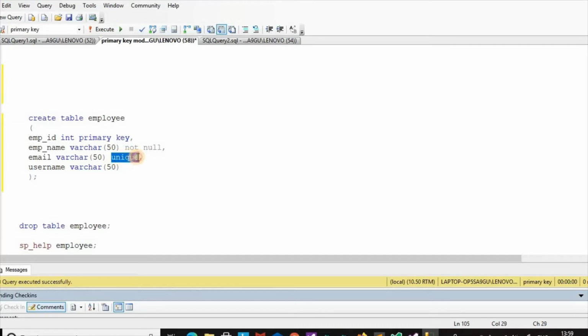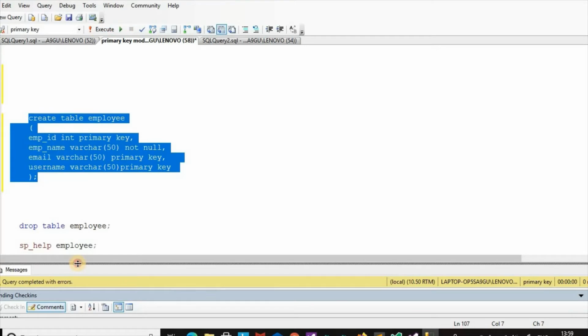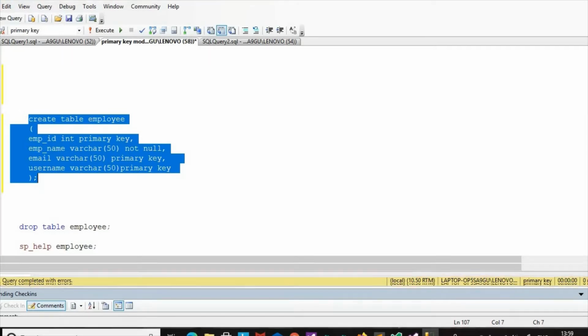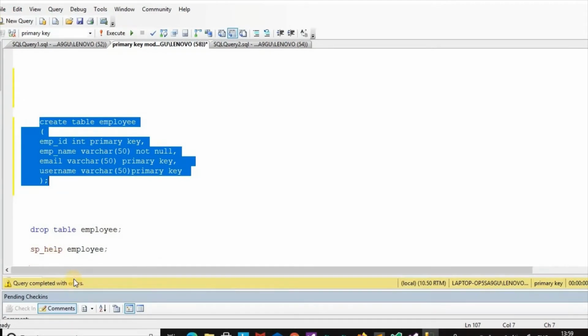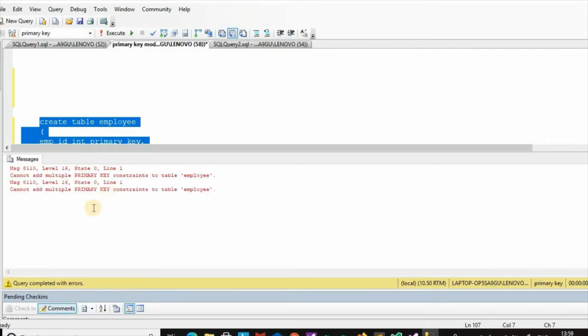Suppose we give here one primary key and here also one primary key, and try to execute this query. Query compiled with errors.